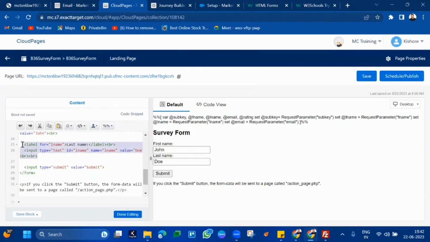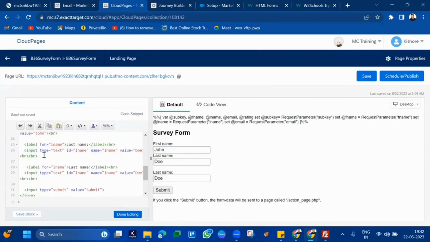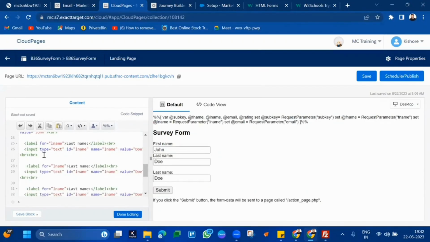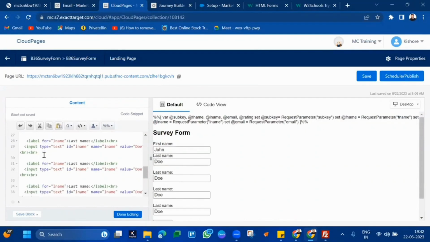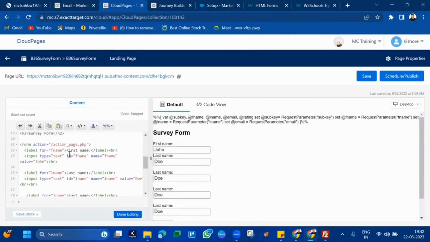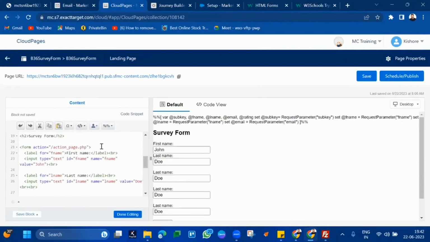Then we also want email address field, then subscriber key field. Then we also want rating. So what we will do here,